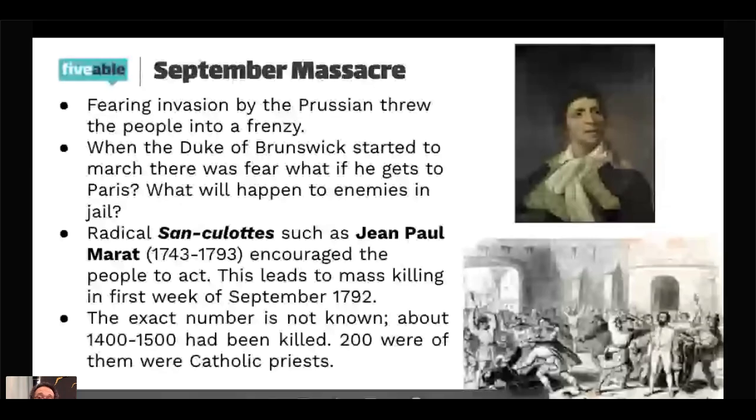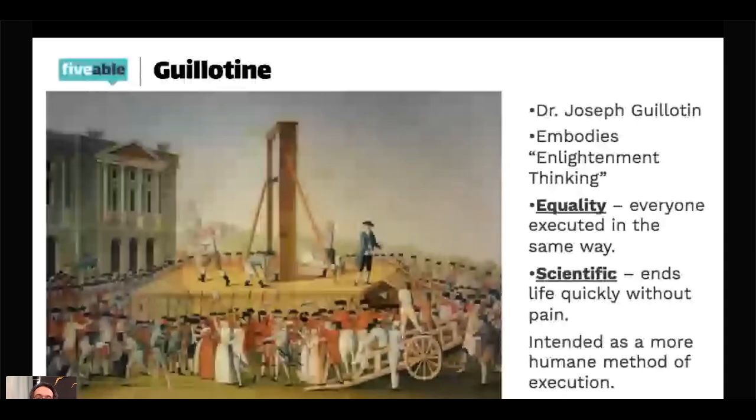One of the inventions of the French Revolution that symbolizes the radical phase is, of course, the invention of the guillotine. You might get complexity for explaining how the guillotine, on the one hand, is a mechanism of equality, but how it's also scientific. So interesting enough, historically,